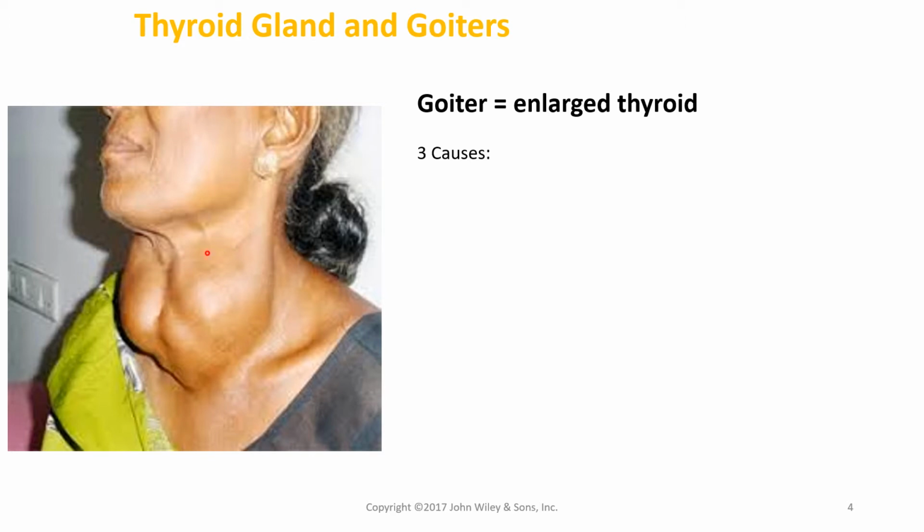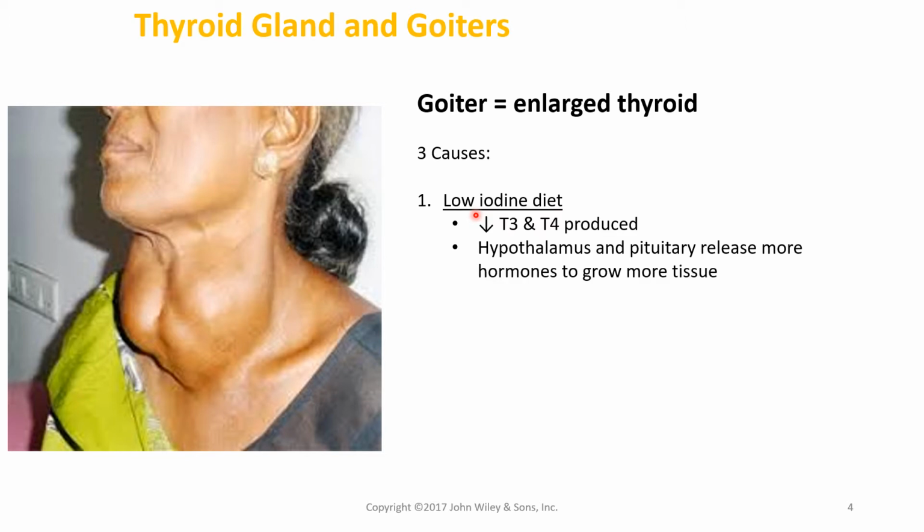This is a big goiter, and a goiter is basically an enlarged thyroid. And people can get these enlarged thyroids for 3 main reasons. One is that they don't have enough iodine in their diet. If they don't have enough iodine in their diet, then they're not going to be producing as much T3 or T4. If they aren't producing as much T3 and T4, the hypothalamus and the anterior pituitary are going to say,